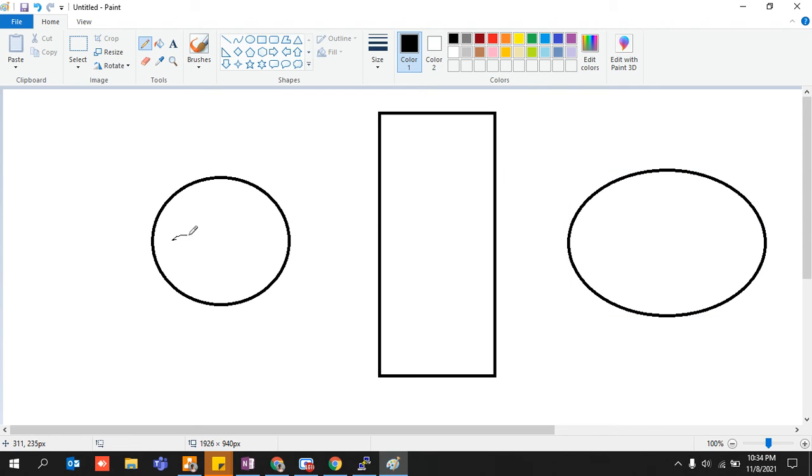This is my year. The brush is very bad. Guys, I'm really very bad at these things. Let's say I'm in year 2021. I hope it makes sense. Today is 8th of November, Monday, right?